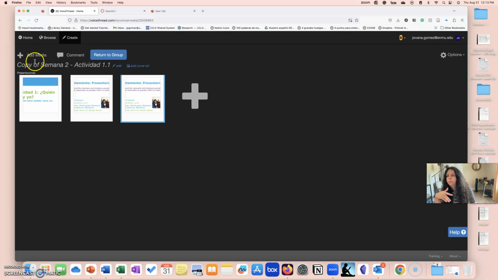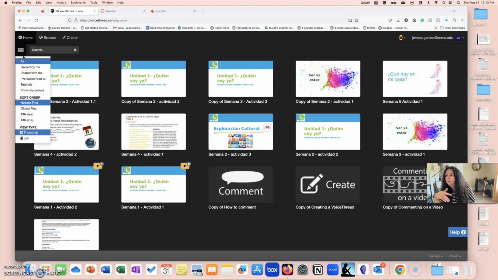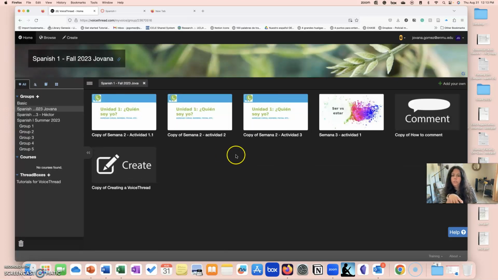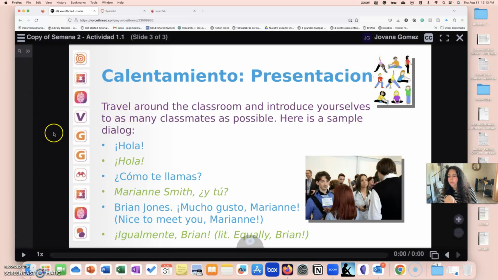So for example, you don't see that, but for example here, you can add a comment, and when you are adding the comment, you can reply to someone else.